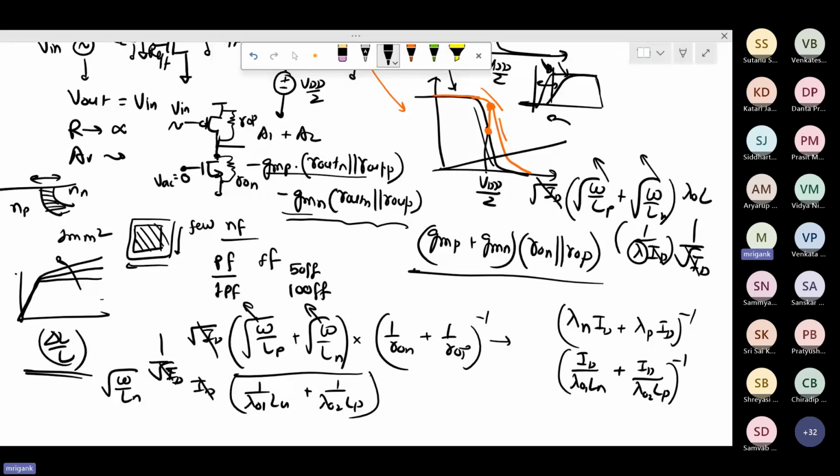From the bandwidth point of view, there is always a trade-off between gain and bandwidth. Any amplifier you take, if you try to improve the gain, as in this case, you are seeing that if you increase the L, it will improve the gain, but it will come at the cost of lower bandwidth. So the RC time constant at the output will be bigger, the circuit will become slower, and bandwidth will become poorer.